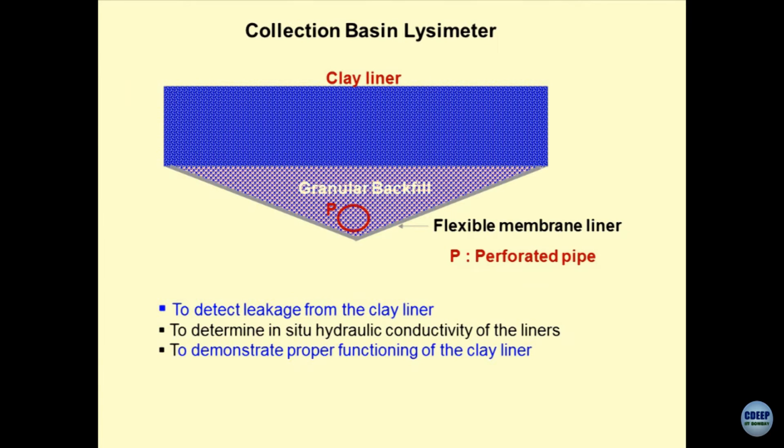Fine. So, here what we do is we put a clay liner on the top of a granular backfill, and we place a perforated pipe at the bottom. And why is this known as a collection basin? Because you are creating a V sort of a system. So, the percolants will get collected at the bottommost point, which is triangular, and from here, through the perforated pipe system, you can suck out all the leachates. These types of systems are normally provided in landfills. So, when you see the landfill design, this type of clay liners are designed.